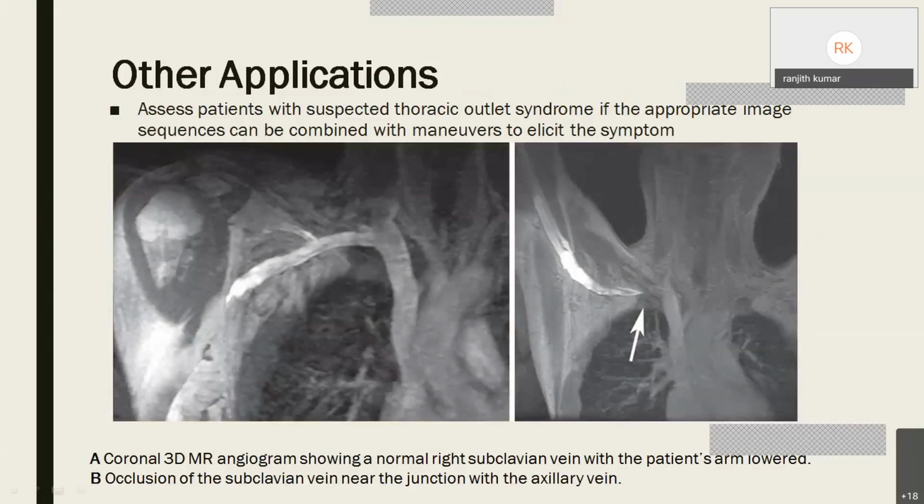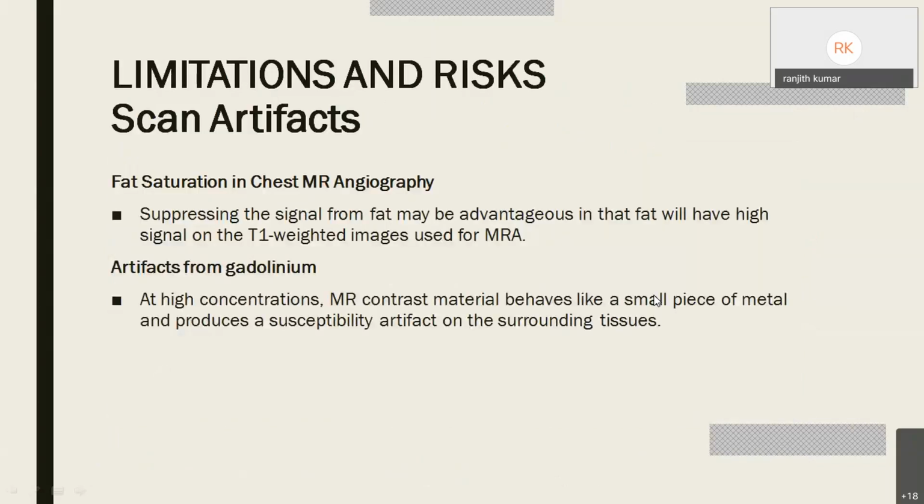So this is a case of thoracic outlet syndrome, where in normal position there is no obstruction, but when there is an abducted arm, there is occlusion at the subclavian-axillary junction. So, coming to the limitations and risks